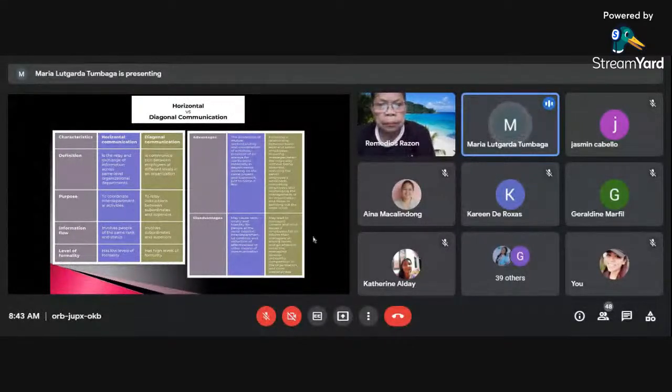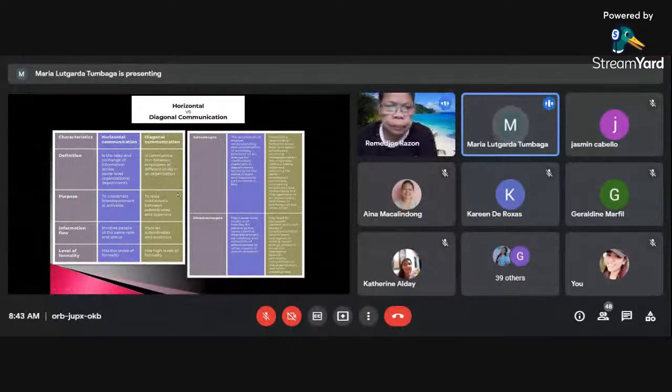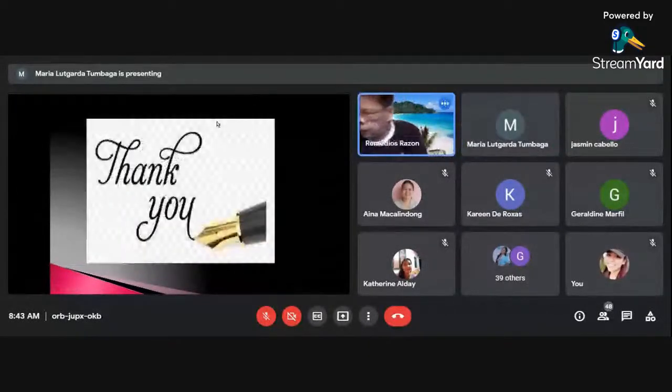It also creates unhealthy competition in the organization and time wastefulness if not managed properly. So this is the tabulated comparison of horizontal and diagonal communication. Okay. That's all.